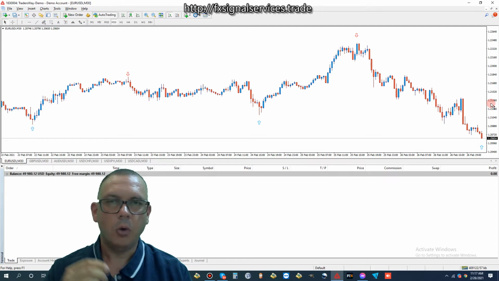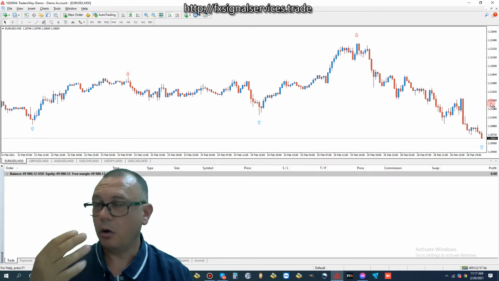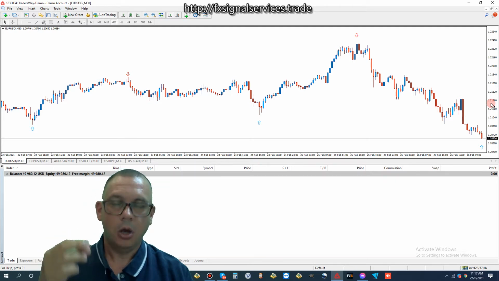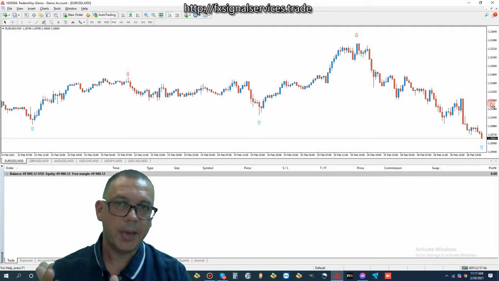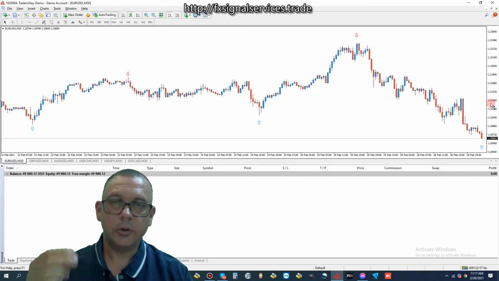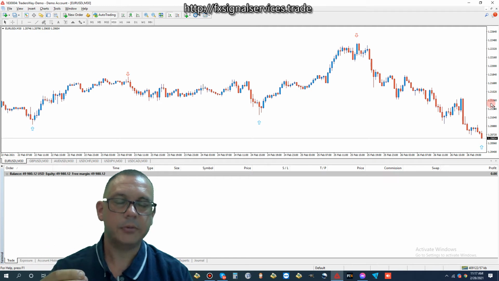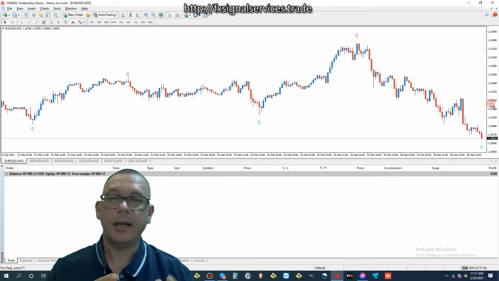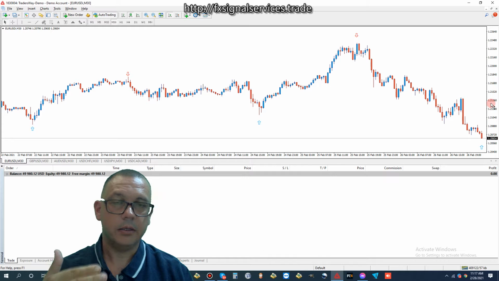Okay, and what I like to do here is look at all the major Forex currency pairs on a 30-minute time frame, just so we can see what happened this past week. Then I will compare that to higher time frames, such as the 4-hour, daily and weekly time frames. And then I will try to give you my analysis of what I think is going to happen this coming week.